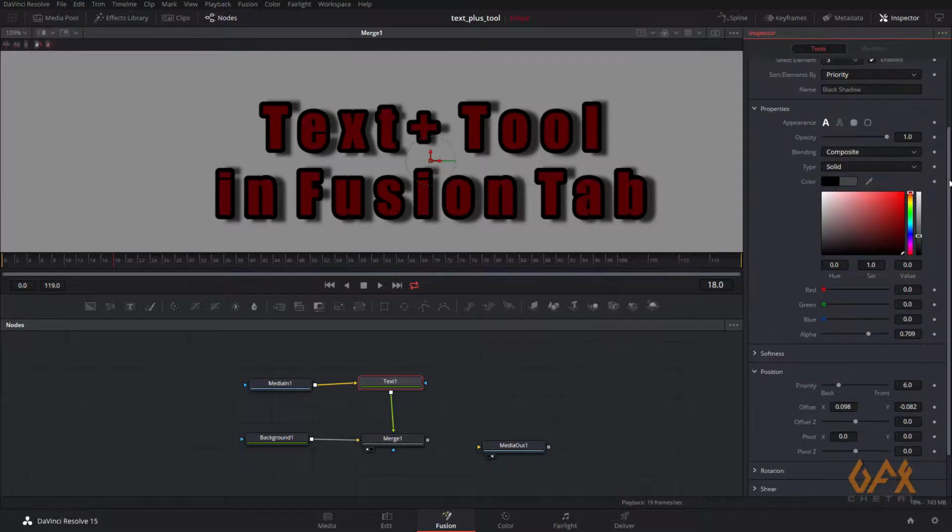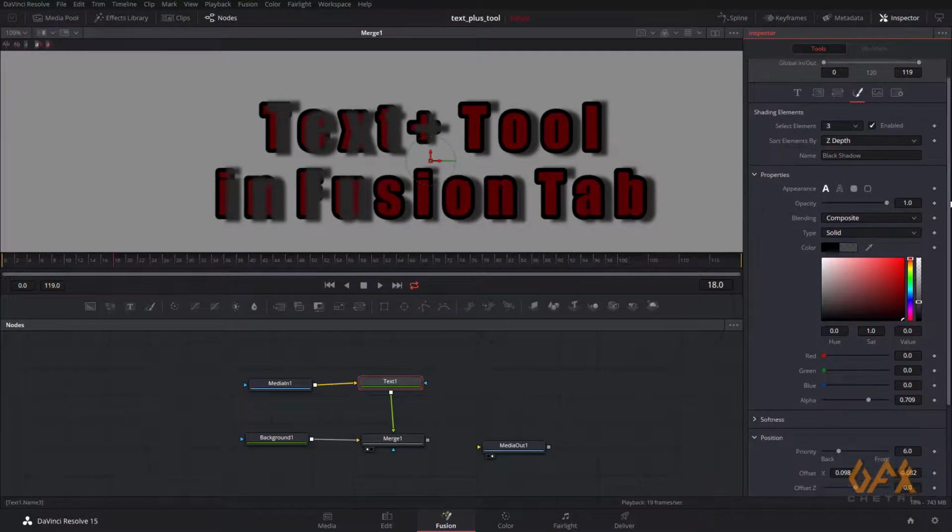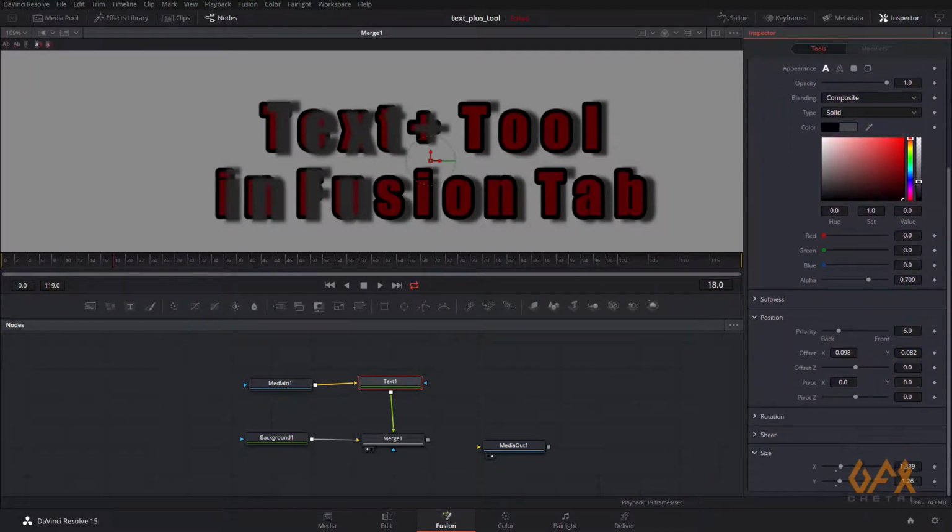So here one more option, that is Z depth. With that, for example, right now with Z depth, the shadow comes over here, so you have to change the offset Z like this.